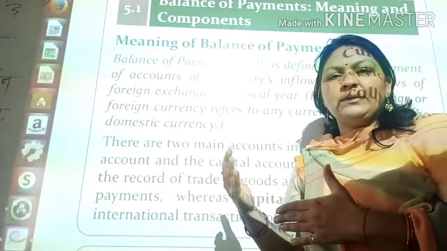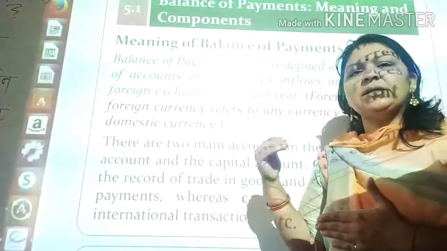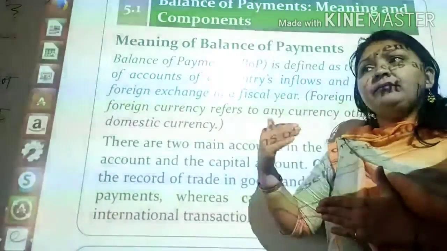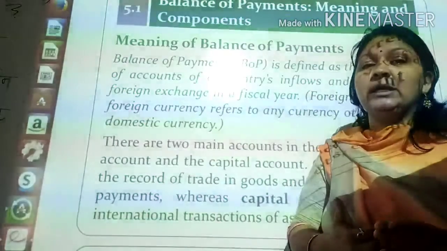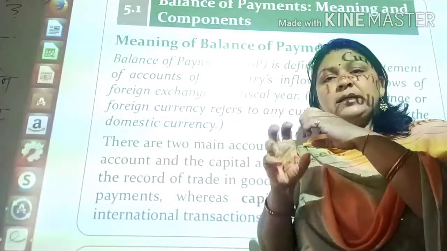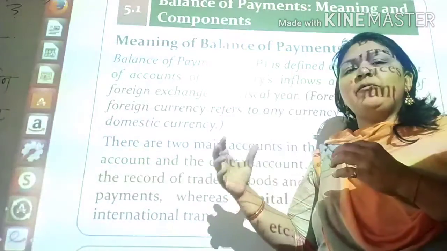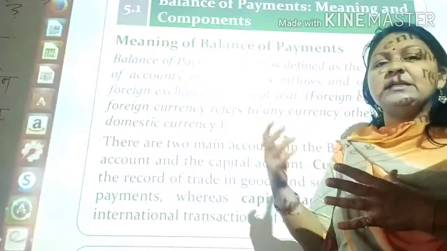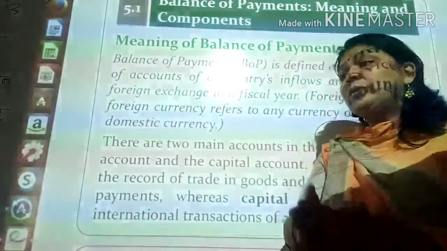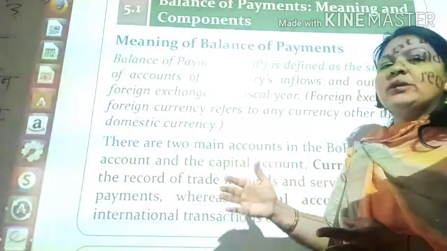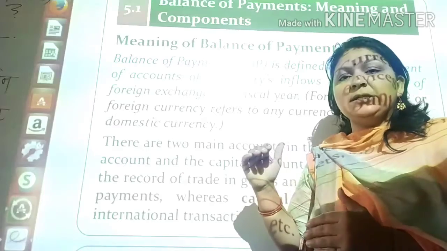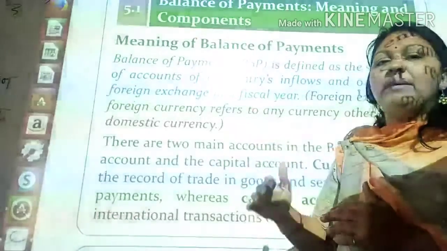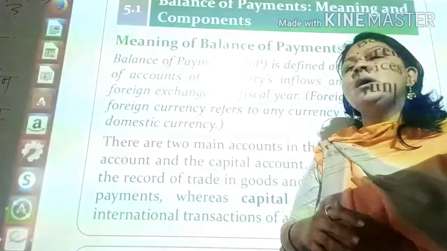जैसे हम लोग ने previous chapter में पढ़ा था, when we are talking about the government budget, what happened when your expenditure is more than your income, you face the deficit problem. If your income is more than your expenditure, you face a surplus budget. So in that way, when we are talking about balance, economic transactions should be in balance in the inflow and outflow concept.